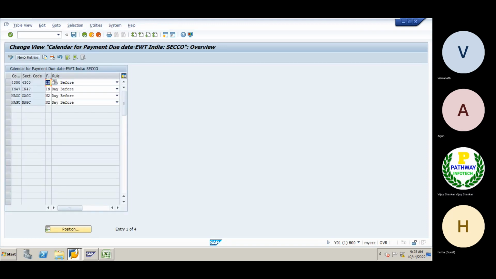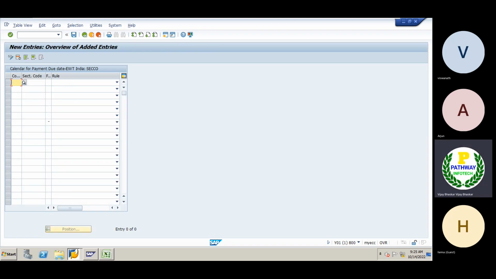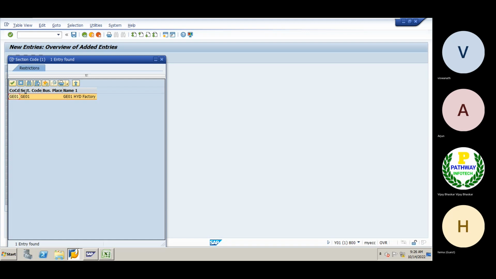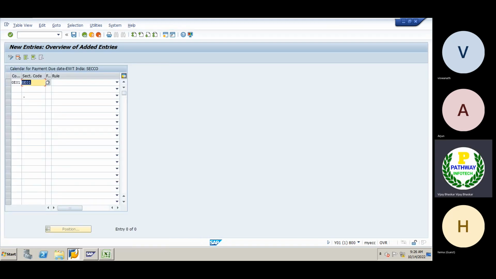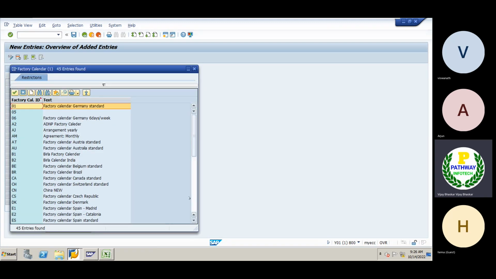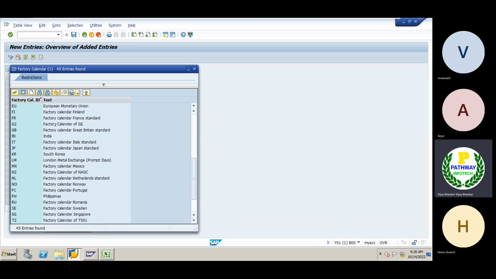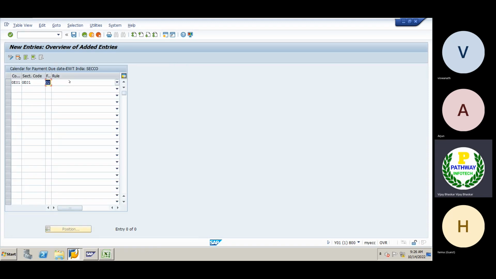Then company code is GE01. Then section code. This is the section code which we have defined. Then factory calendar. The factory calendar is G2 which we have defined. G2 is a factory calendar of GE. Then the rule, means here